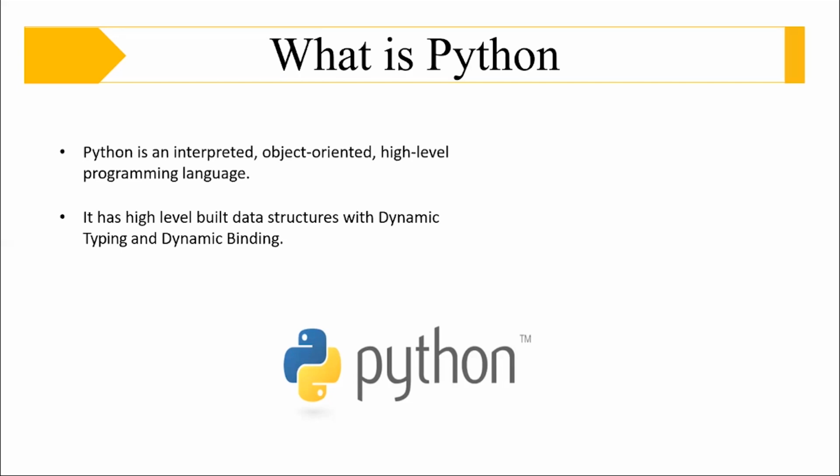We don't have to explicitly specify that the value 100 is of integer type by writing int, and then we don't have to even end with a semicolon, because in Python we get rid of semicolon. There is no semicolon in Python syntax. So that is dynamic typing. Now coming to dynamic binding, so here the memory allocation takes place at runtime. So whenever we have a variable created, we can go and check the address of it using the id function, and every time we run the code, that will be continuously changing because of memory allocation taking place at runtime. That is known as dynamic binding.